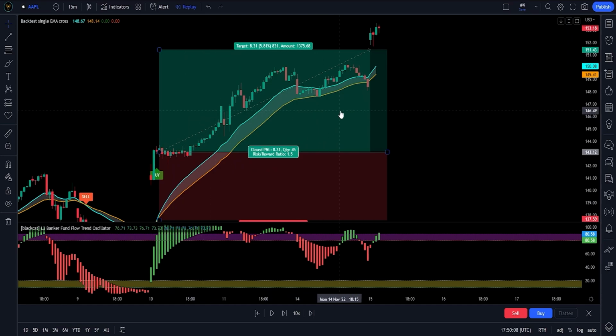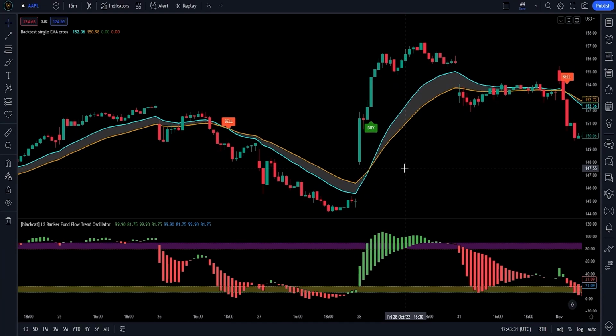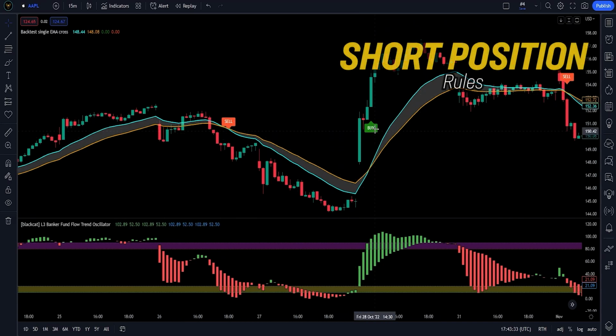If you still fail to understand how to trade long with this strategy, I highly recommend rewatching this part of the video, because right now I will explain how to enter a short position and what rules we will use for our short strategy. If you are paying close attention to our long trades, you will be happy to know that for our short trades we will use identical rules, but reversed. So, what do I mean by this? Let me explain. Let's start with rule number 1, which is that we must wait for a sell signal.